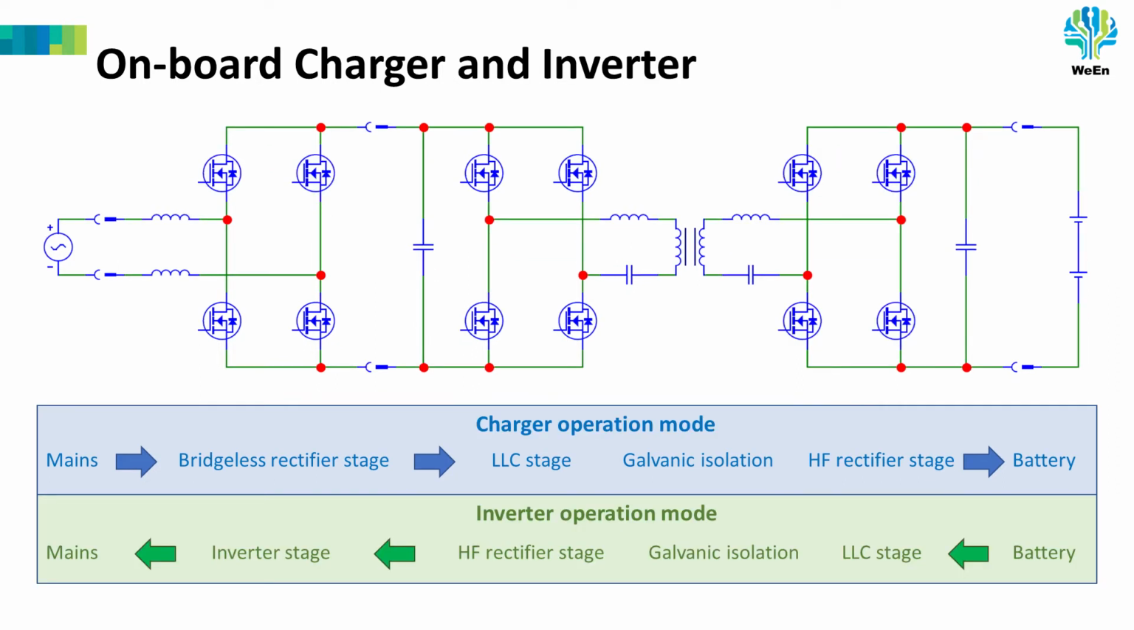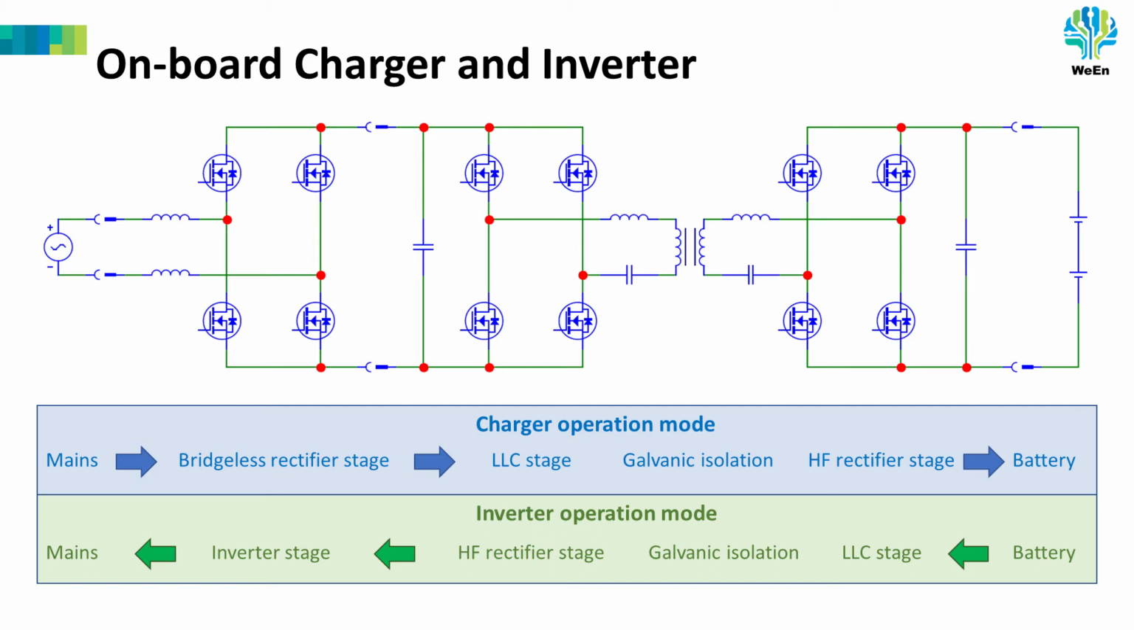Now we see the simplified schematic diagram of an onboard charger that can also be used as an inverter. The diodes have been replaced by MOSFETs. With this application, we can deliver AC power to the mains and to the home. If we start at the right, the full battery powers an LLC stage with a full bridge MOSFET. Then we have the galvanic isolation with the transformer. Then we see the high frequency rectifier stage, high voltage DC,